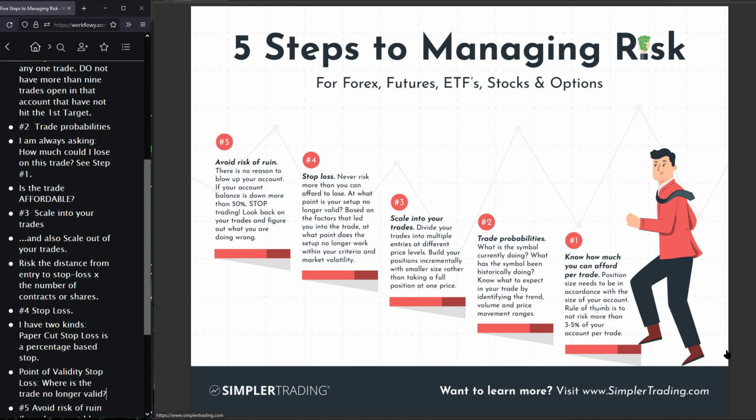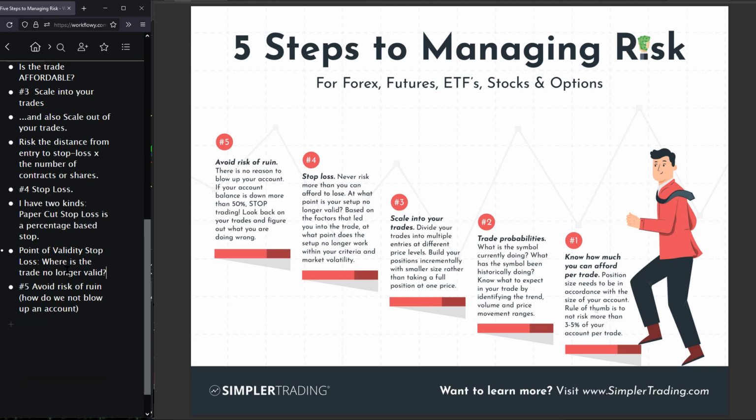Hopes and wishes are for birthday cakes. They're not for the market, right? So there's a point on the chart or a point within the value of the option. It could be because of time decay. Could be because of a reversal in the trend. Some reason where this trade is simply no longer valid. And that is the point of validity stop loss. So when I would fight my POV, my point of validity stop loss, my brain is saying, Rog, it's past validity. If you want to do the dumb thing, go for it.